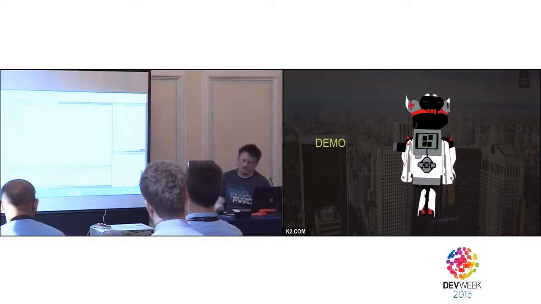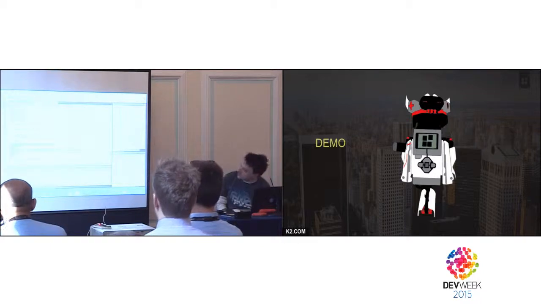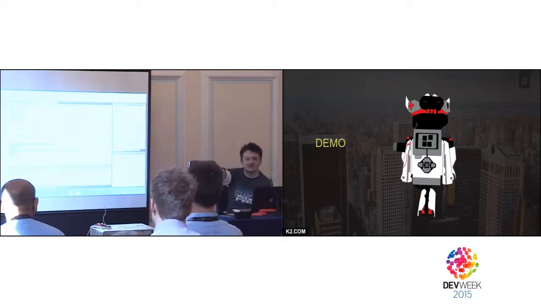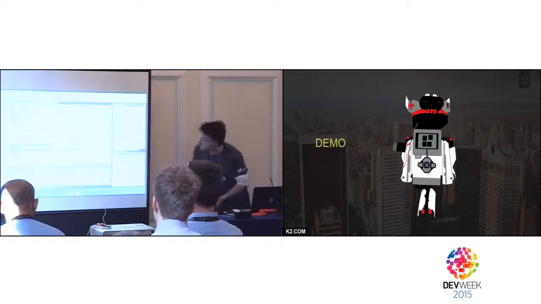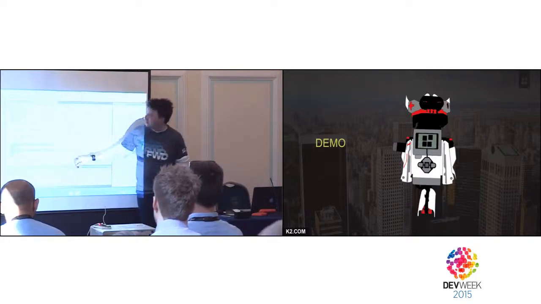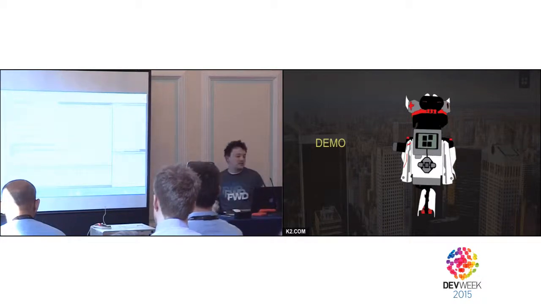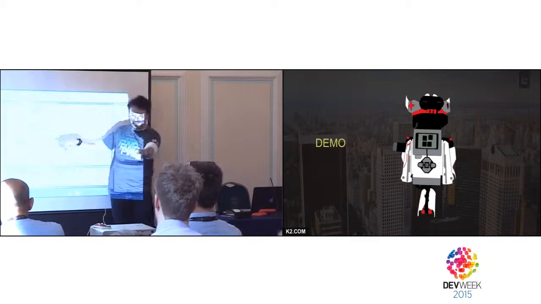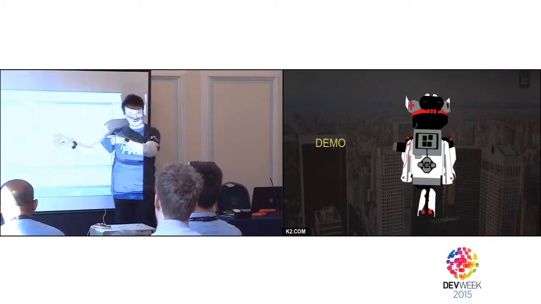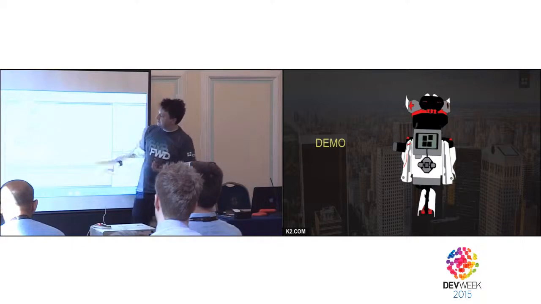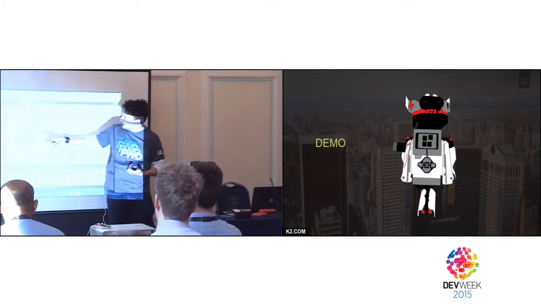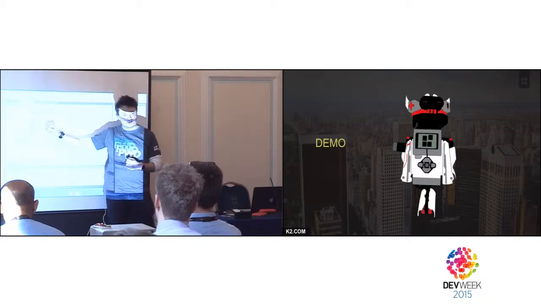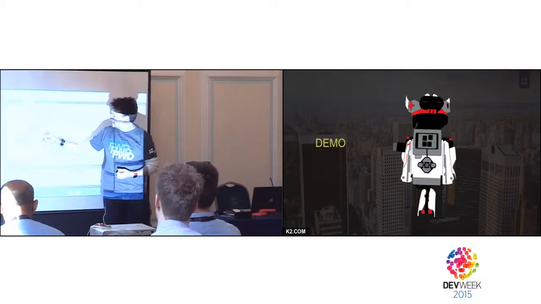So what I need to do is a couple of things first. First thing I've got is a web API handler here. That's going to basically look for the response from the form when I press the button on the board. And then all it does here is call a workflow. My workflow looks very simple like this. So what happens is when I click on the button over there, it sends a message to the K2 server. The K2 server then starts its workflow. So we come down here. It's then going to send me a text message to say, hey, a button's been pressed. And it's then going to give me a task to do.